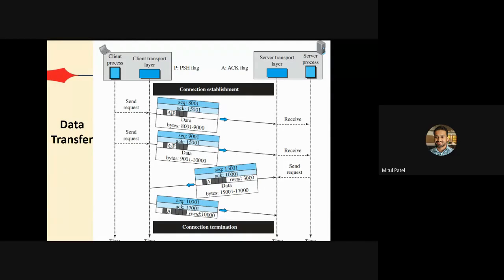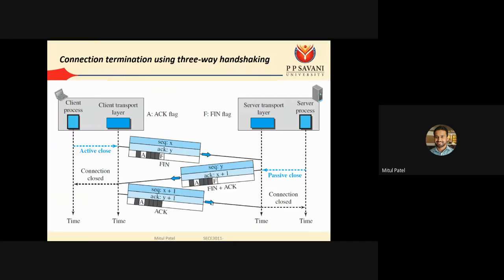So all these things are going to happen between the client and server, between the connection establishment and the connection termination. Okay. Connection termination using the three-way handshaking. So once the connection is established, then after that we need to terminate our connection. This can be done either by the client or by the server, but we'll assume that the client will